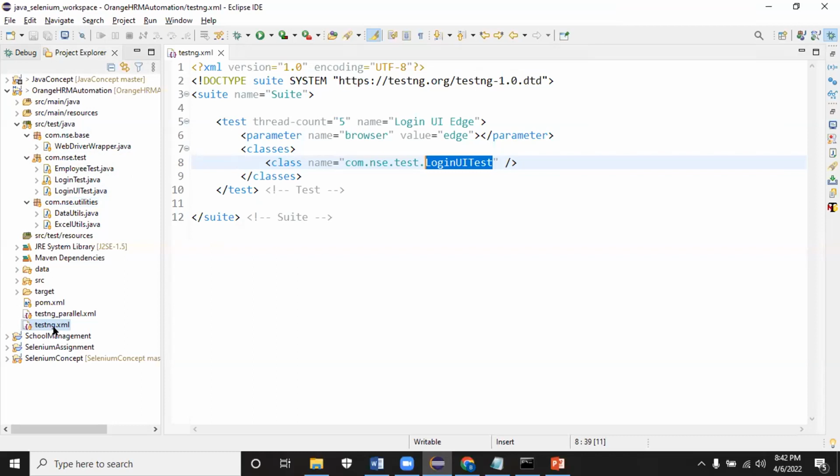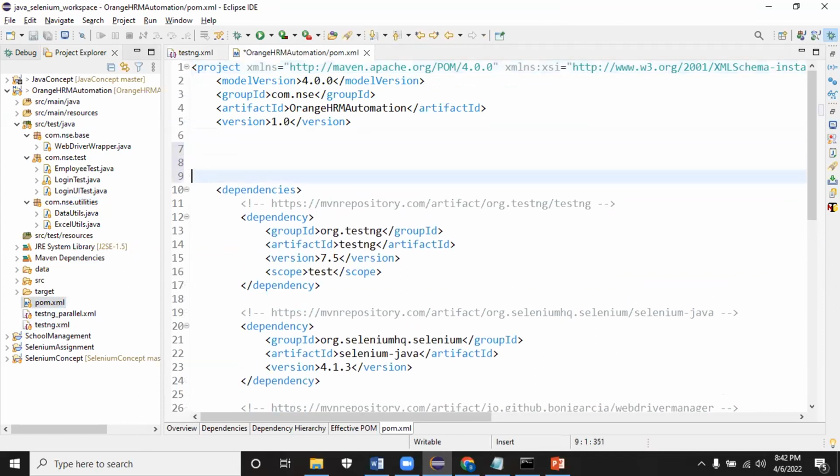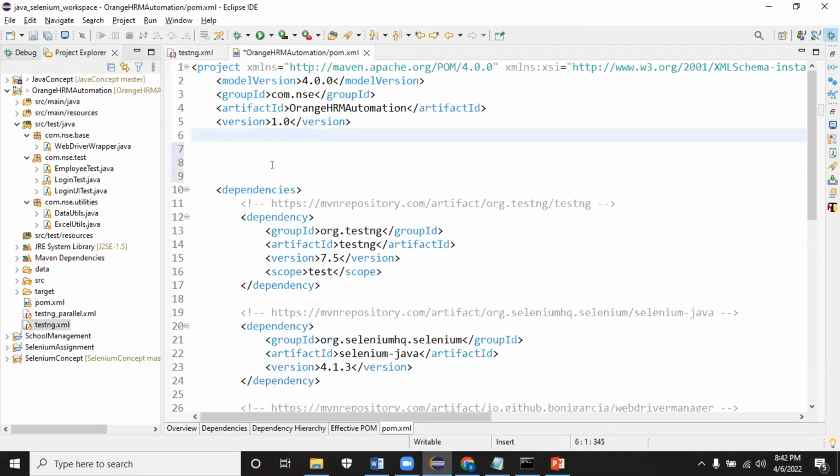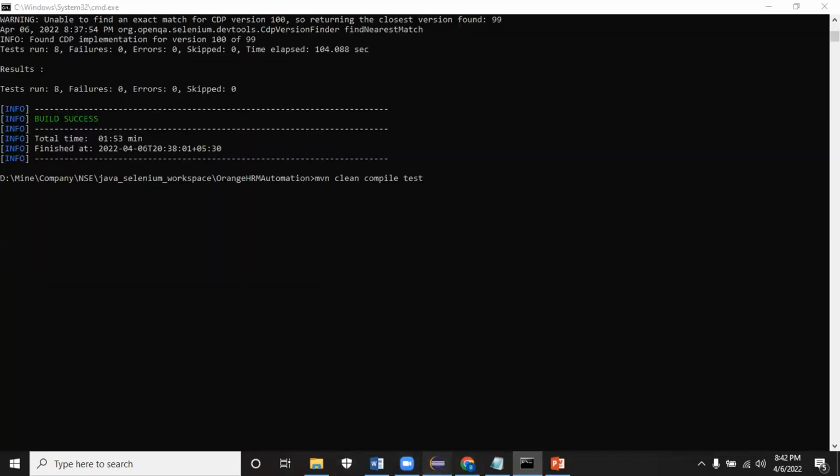What we do is we create a project first of all. After creating a project, you will create a testng XML. And this testng XML, you will add in the pom.xml. In the pom.xml, you inform Maven to use this testng XML and run it. Most of the configuration will be done through testng XML. You can trigger the testng XML directly, or configure it in Maven and trigger it. Jenkins and all, through Maven only you will be running it. Now, to configure this, I'll tell you what you need to do.